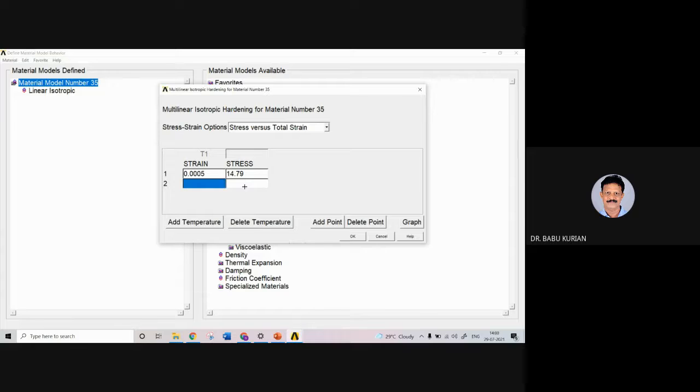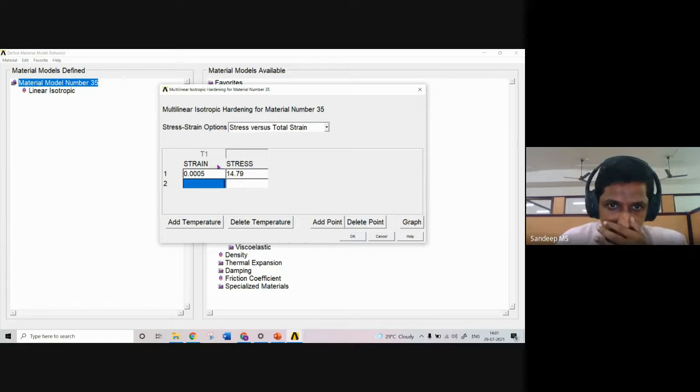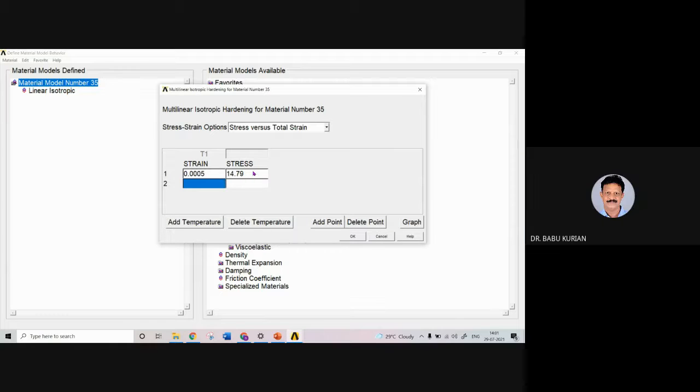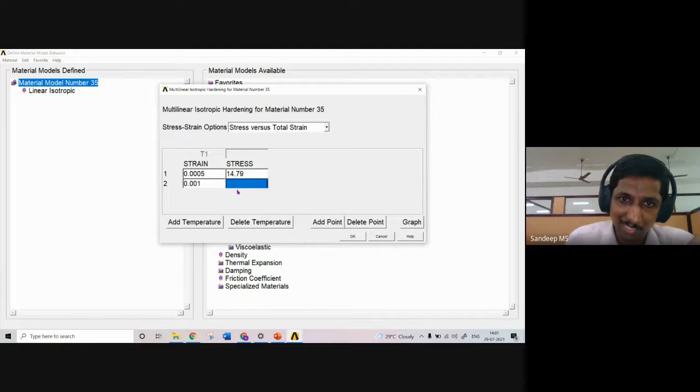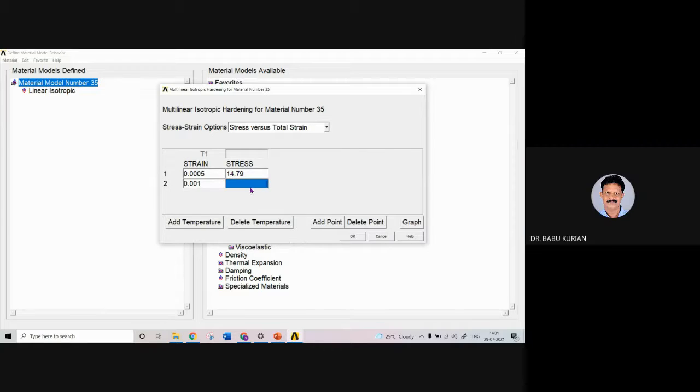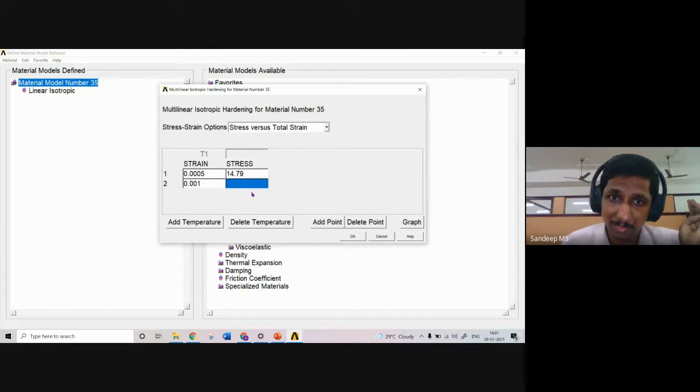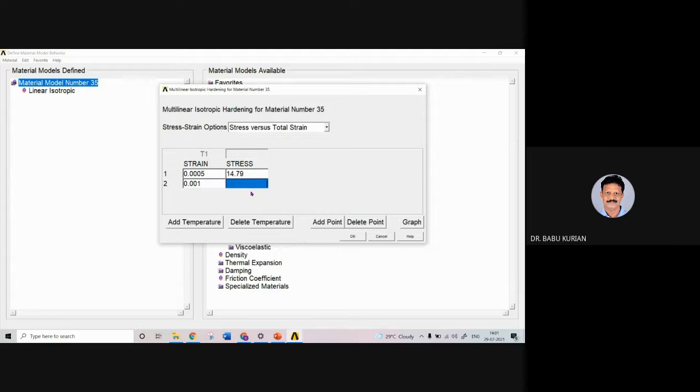Okay, it is clear. Then what is the necessity of these two columns, sir? So are you asking about stress and strain? Okay, fine. So the next value is 0.001. And please note, these are randomly taken values. The only thing I have focused on here is the initial slope. So if you take the ratio of stress and strain, this value should be. My question is, why do we give two values?